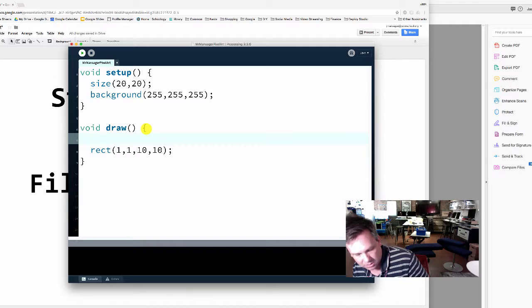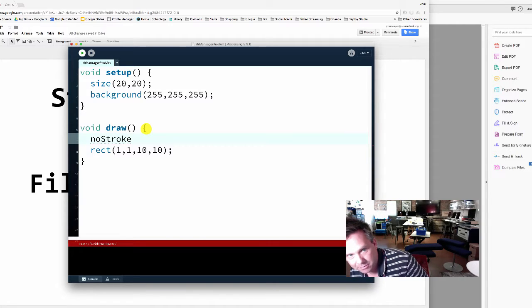And this is called noStroke. Notice the S is capital. That's very important. And then all I need to do is two parentheses, don't need to put anything inside of there, and a semicolon. The next thing I want to do is change the color of my fill, and I